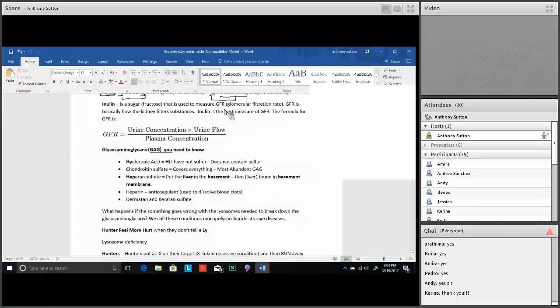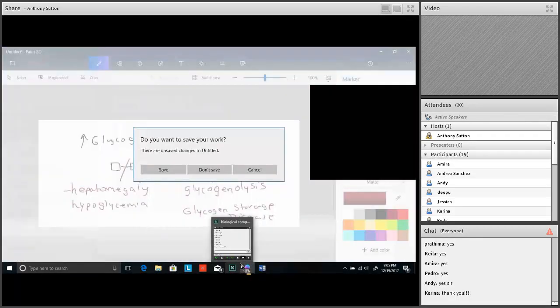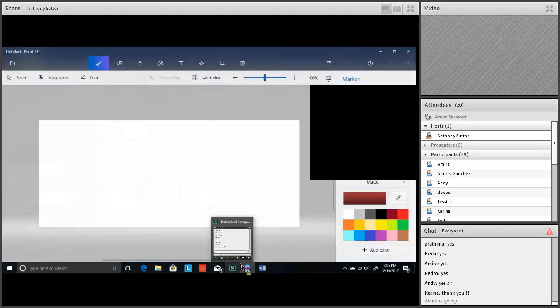Now watch this. This next one is inulin, and I'm going to put this over on the whiteboard. How many of you have heard of inulin before? This is a favorite on the test. They like this one, right? All right. What is inulin? Good. Karina says it measures GFR. What else is inulin? Good, Andy. That's right. It's a polymer of fructose. No doubt about it, right? It's definitely a polymer of fructose. And we use it to measure GFR. Good, Stan.